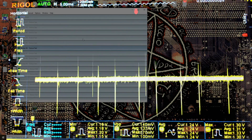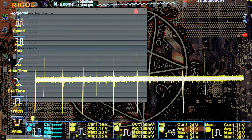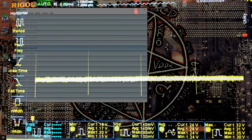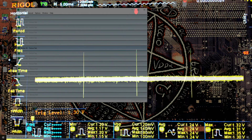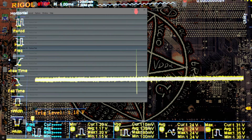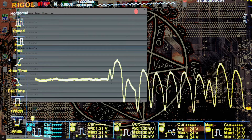Basically, Windows processing user input makes the VRM very upset. Well, more like stalls Prime 95 out, and that makes the VRM very upset. So I'm actually going to trigger on one of these spikes so that we can take a look at what's going on. Set this to single. Actually, I'm going to try to trigger on one of the downward ones. I'm going to go down here, zoom in a bit, zoom in a lot, and then...